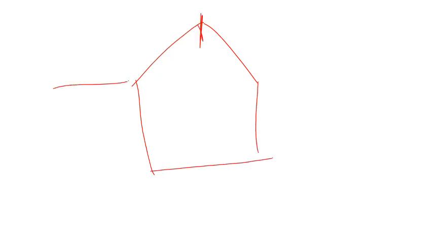So let's try to solve this. So we will draw the picture. So this is the building. So this is the ridge, right? Wind is flowing from this side. So this is perpendicular to the ridge,